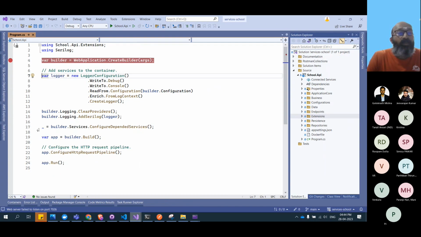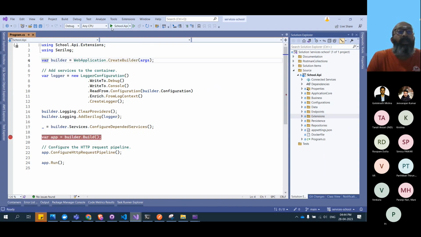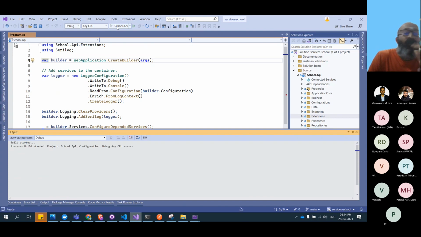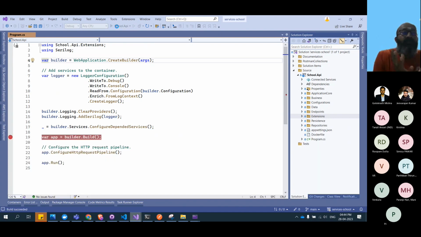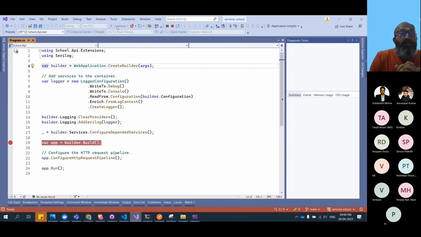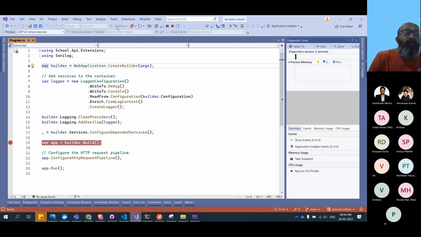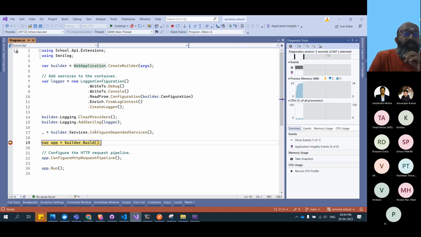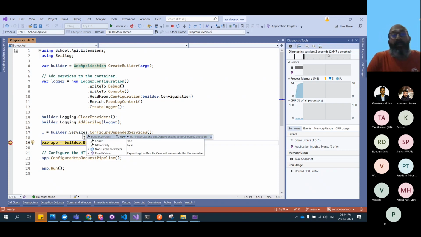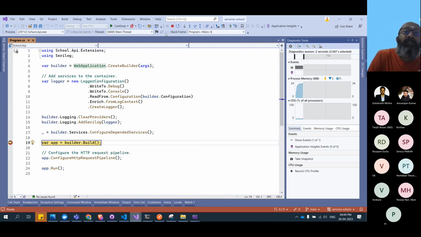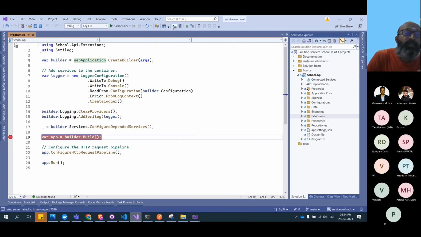And just before we add builder.build, before we start creating our app object and hosting it, when we compare the number of dependencies, here it is 112. So 112 versus 190. This is the first